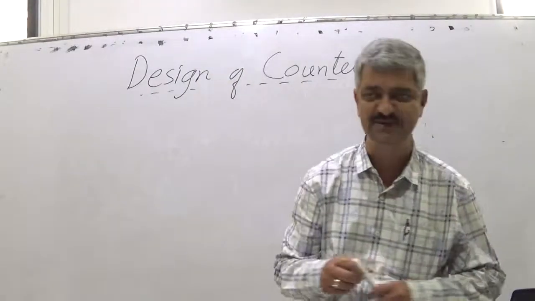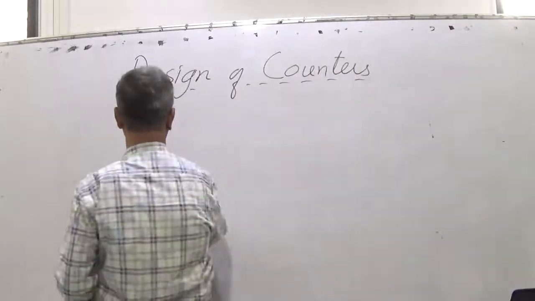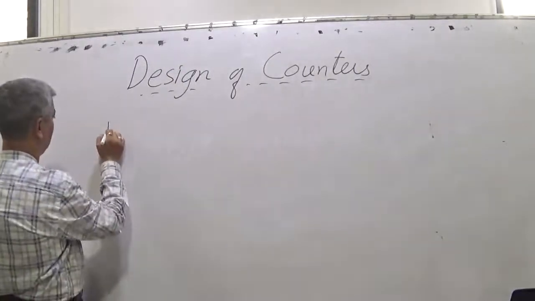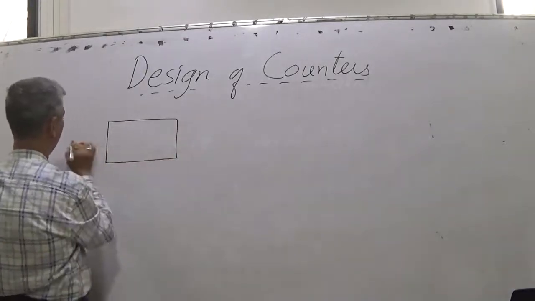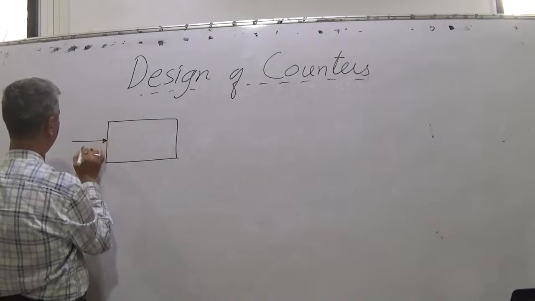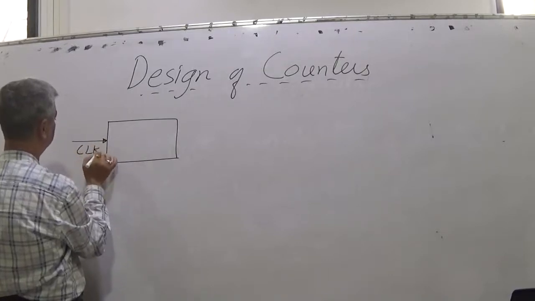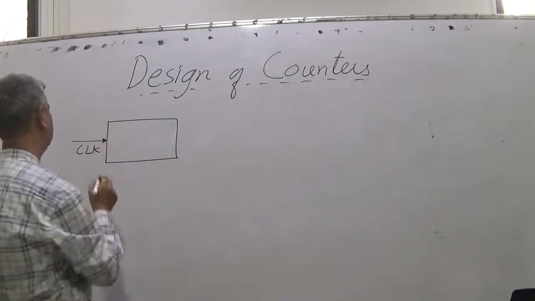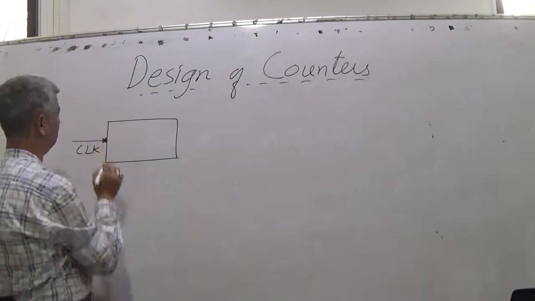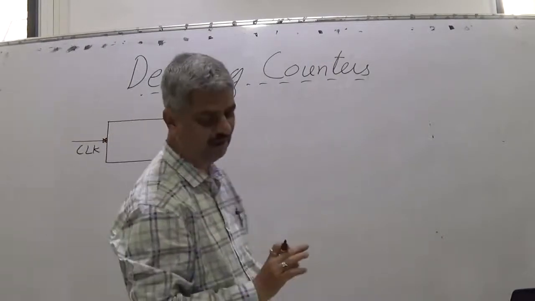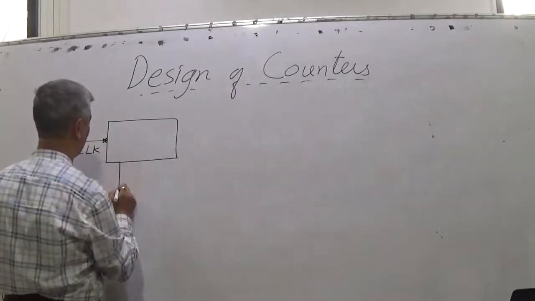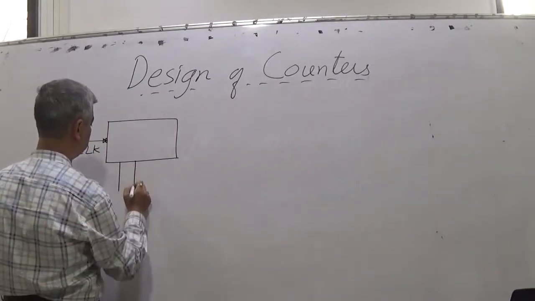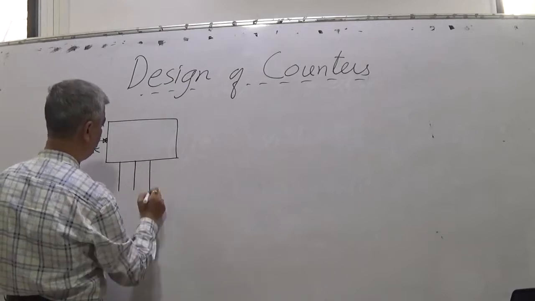So what would be specified to you? What is a counter expected to have? A counter is expected to have a clock input. It is normally active low, so at the time of the falling edge of the clock, the counter advances to the next state and gives a few outputs as may be required. If we go for designing a 4-bit counter,